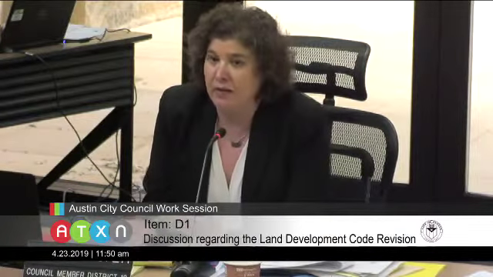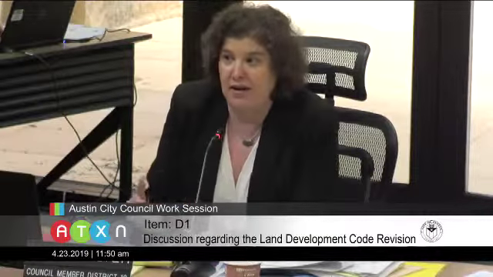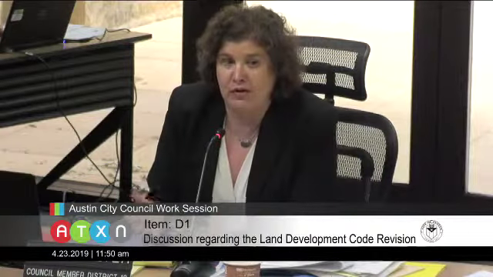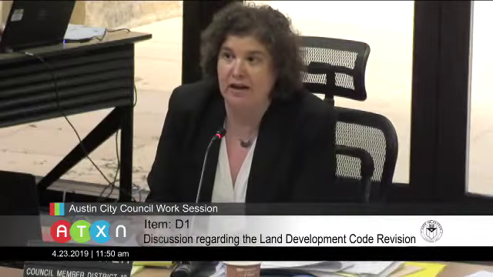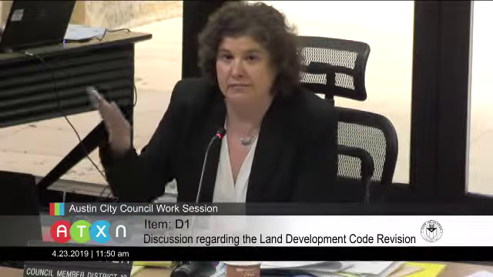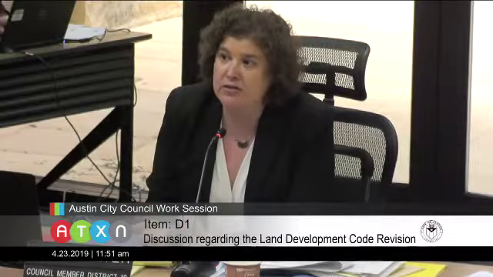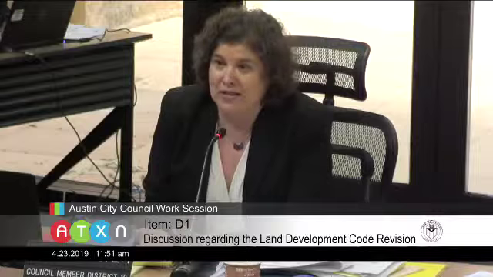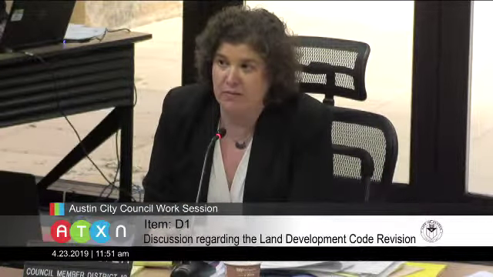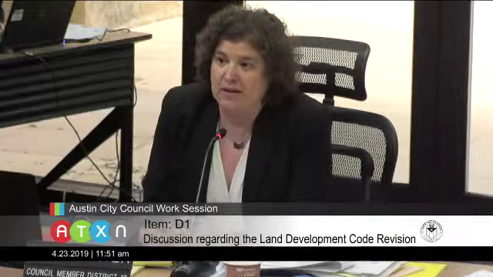Just because a development has entitlements doesn't mean that they're going to build it, but someone who comes in and has a PUD or some other mechanism, like Miller, has a lot of entitlements that are not built out yet. We count those units as if they're the same thing as some piece of land that we're just imagining will redevelop, and I'm not sure those numbers are the same. So it would be helpful if you could give us a little more information, to the extent you can, about what we already know about our capacity numbers,